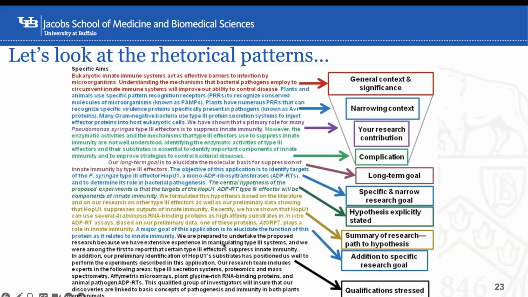I would just say that there's stuff here about their qualification. This is not something that I see in every Aims page. It's actually less common than more. I do see them more in training type grants like K awards, but for some reason in this one it was part of it. Now that we're moving towards team science, that's another thing that I'm starting to see a lot. Like, this is from a team that brings this and that and that. So these are elements that are present in these Aims pages.